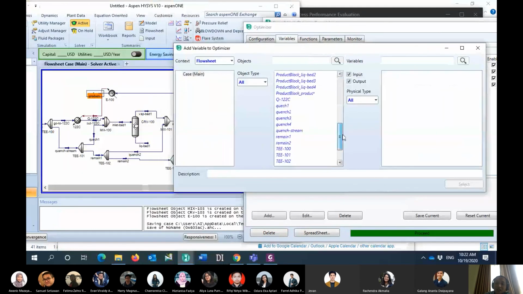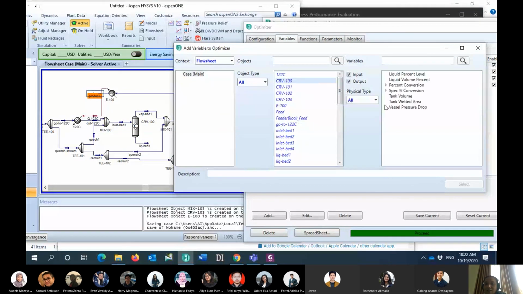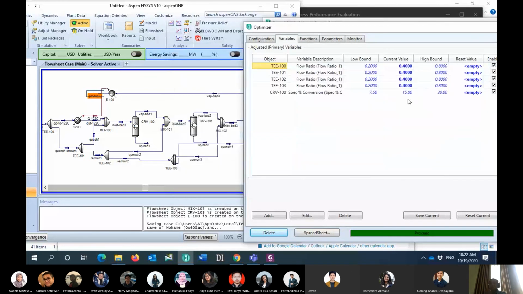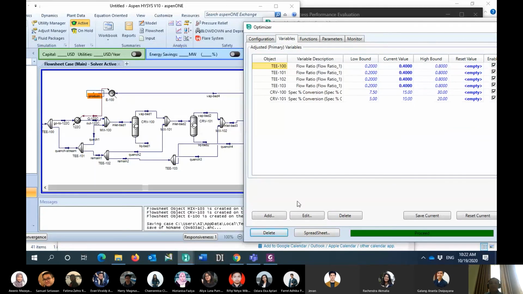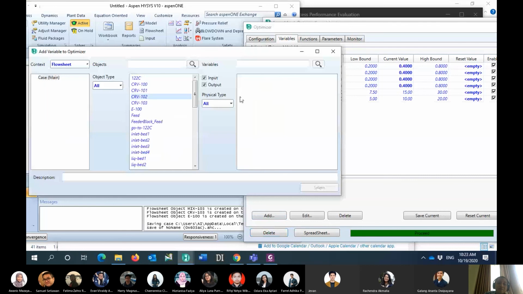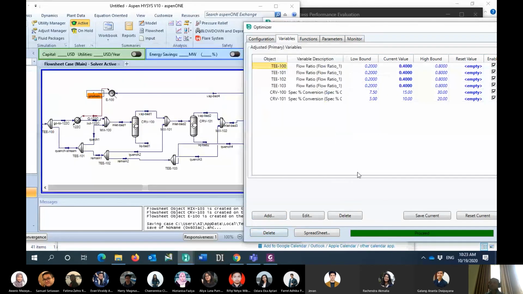I will start from this reactor bed number 1, called CRV100, and then I select the percent conversion. And also for CRV101, spec conversion, I will select 10.